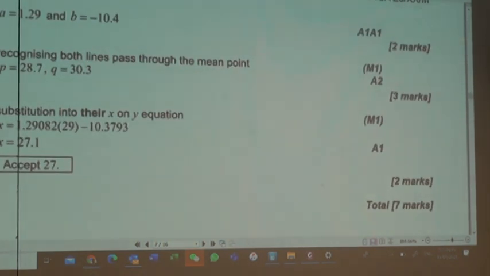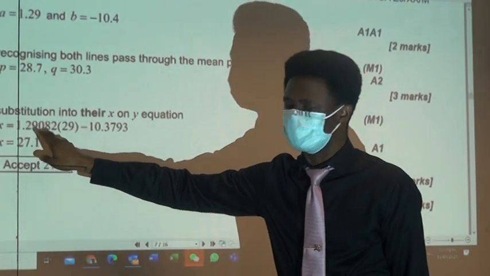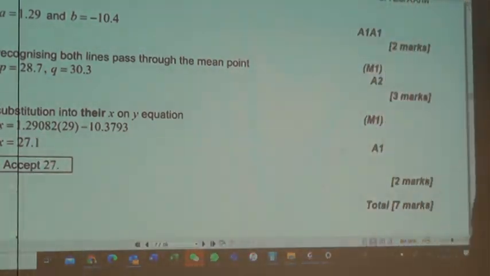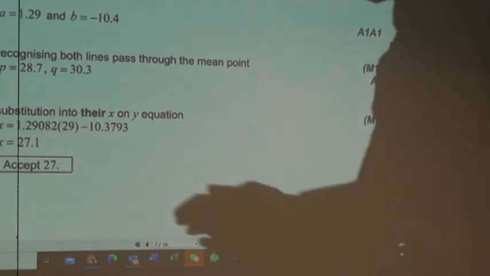I think most people who did it, of course, find this easier. Even some people who missed number B, because they already have the equation of the first one, were able to use it, okay? And if you notice, now the approximate value was used, right? Which is why I will recommend